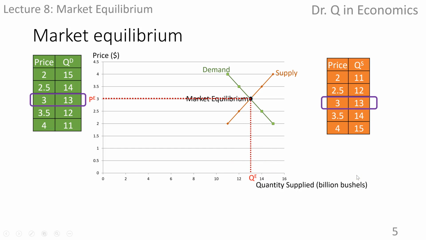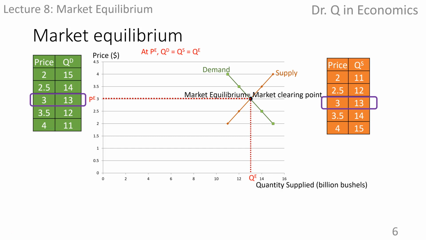We can see that at equilibrium price, quantity demanded equals quantity supplied. The amount that can be afforded and is willing to be bought by consumers happens to be equal to the amount that can be and is willing to be supplied by suppliers. There are no goods piled up and unsold, and there are no people who want to and are able to buy but cannot get one. In that sense, market equilibrium is also called the market clearing point.